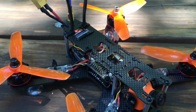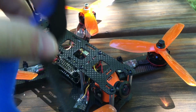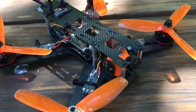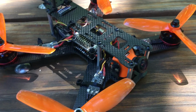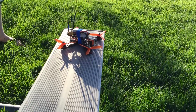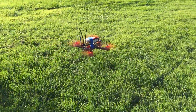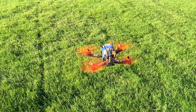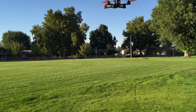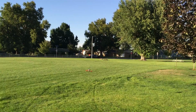All right. Another thing this kit doesn't come with that you're going to need is a battery strap of some sort. I got long ones to go all the way around, or short ones to go around the top plate. Unfortunately, it didn't come with any, so you're just going to have to order yourself some too. All right, let's fly this thing for the first time. Just do a slow